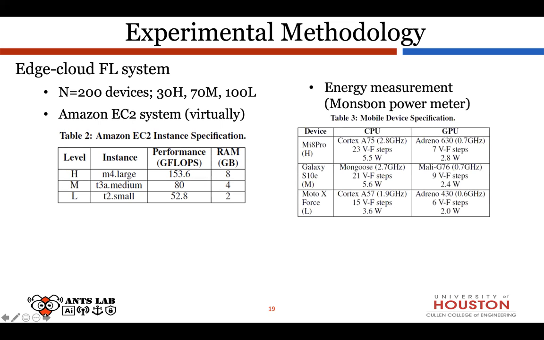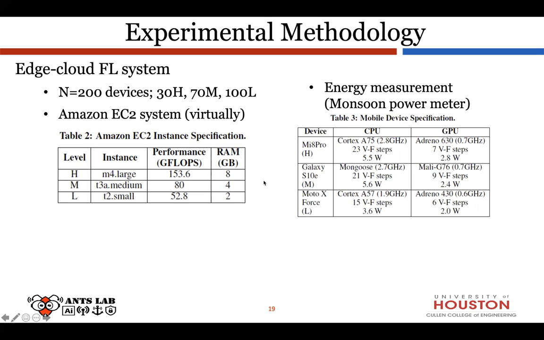And also they measure the energy consumption of the system. For this energy measurement part, they use the Monsoon power meter to measure 3 devices, which correspond to a high-end device, a mid-end device, and a low-end device, respectively.